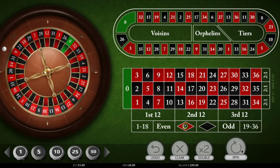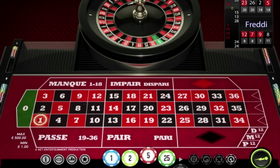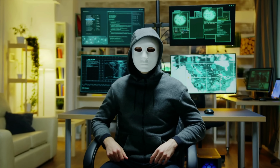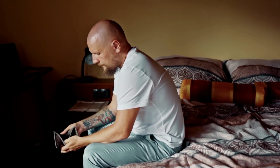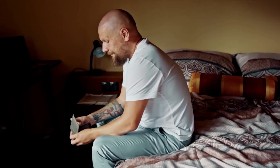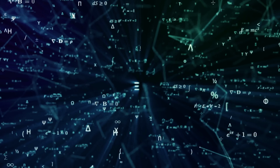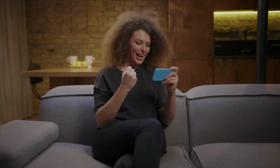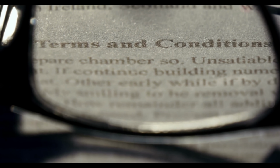Okay, before we start with the reverse martingale strategy, I wanted to quickly say a little note. When playing online, it's very important to play in safe and certified online casinos, as playing in unsafe ones could mean sending your money to some dodgy companies in an uncontrolled tax haven far away, and they could literally disappear overnight with all your money. It has happened, and it can happen again. Plus they could fix the games, making you lose on purpose, and no one can control their algorithms. To avoid this, it's important to play in casinos that are licensed, certified by reputable international gambling agencies. Many countries have specific additional regulations set by the local government. So in case you live in one of these countries, it's sometimes illegal to play in casinos that don't have